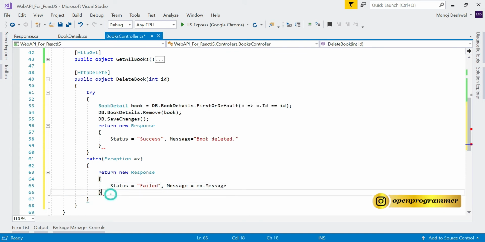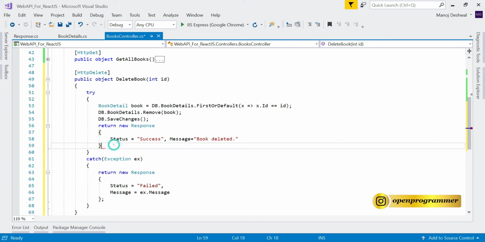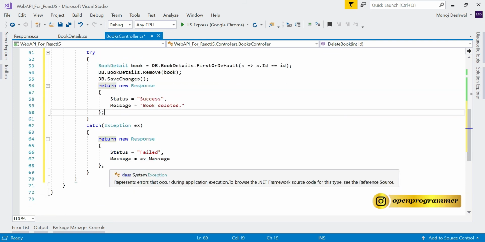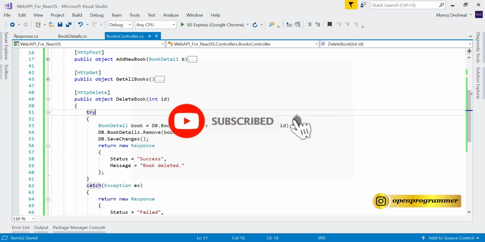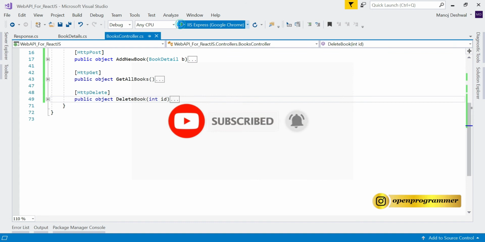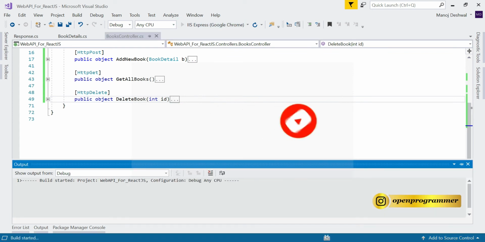Whatever message we get here will be printed out and sent back to the front end. So our web API method part is done. Let's save this project and run it. So we are done with our web API delete part.